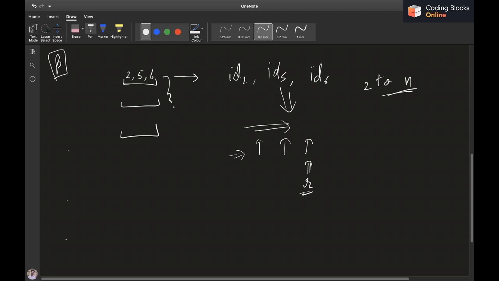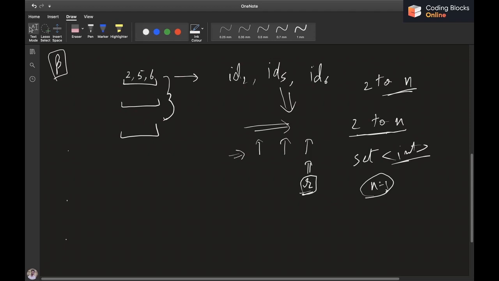So if every sequence is a valid subarray of the permutation, then we'll keep storing the r values, and in the end we'll check whether each r value from 2 to n has occurred or not. We can put all the r values in a set and check its size. If its size is n minus 1, it means that we are good to go. If not, it means that some r value has been repeated, so this is also not going to be a valid permutation.